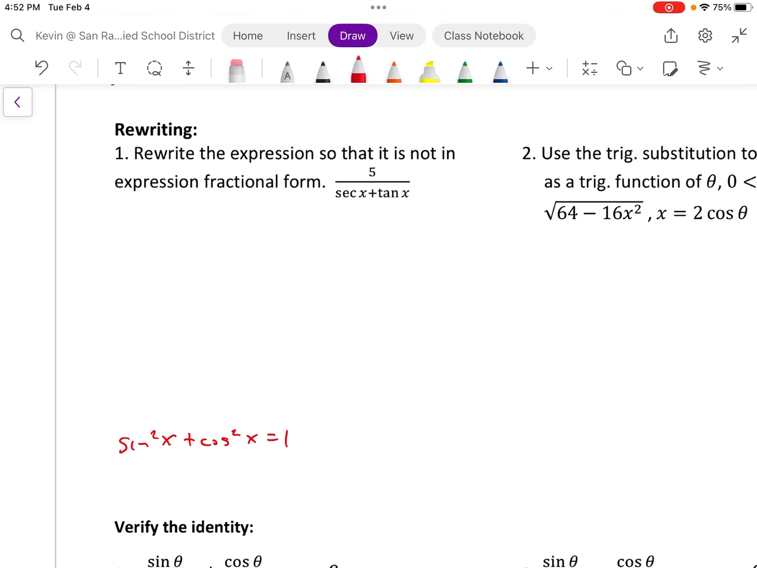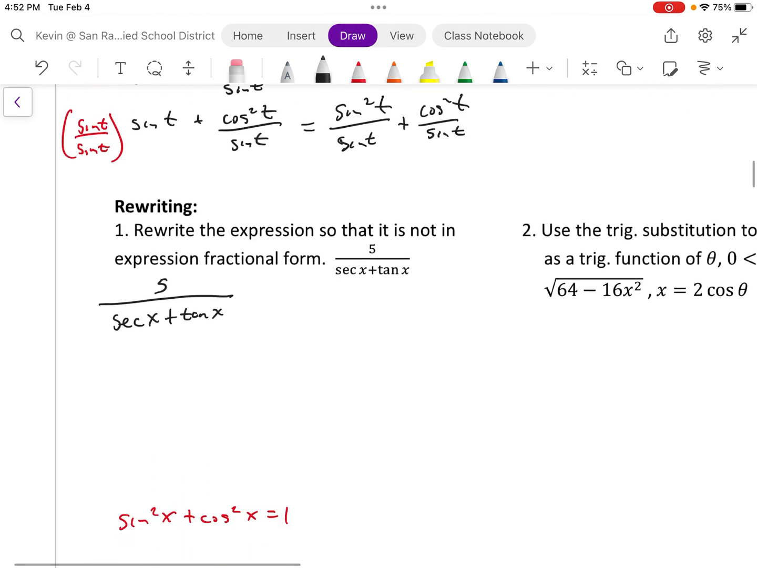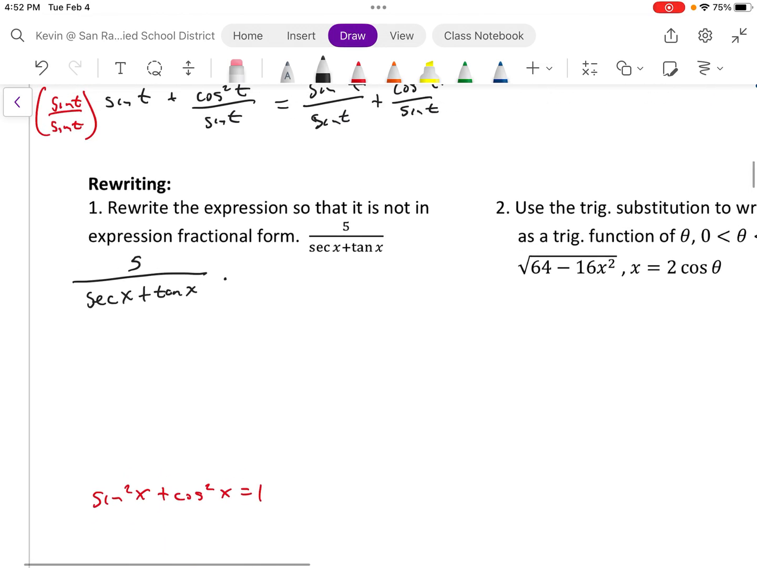So this wants us to rewrite the expression so that it is not in fraction form. So in other words, it's not a fraction. Anytime we have something like this, where we have the sum of two trig values, one of the ways we can work through this is to multiply it by its